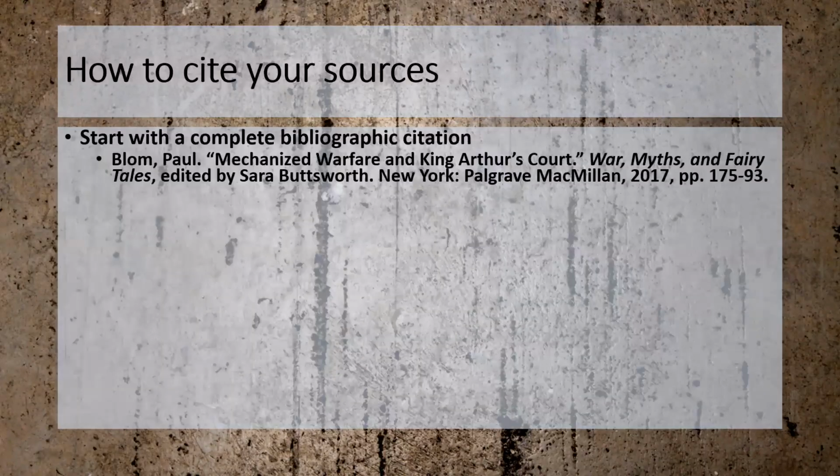Again, we've talked about this a bit in class, but in terms of citing your sources, always start with a complete bibliographic citation. No matter what citation format, field, discipline, or genre you're working in, pretty much anytime you find a source you think you're going to need, you know that you're going to need the author's name, the name of the work, the name of the larger work in which it is existing or published, any kind of publication information. So if there is a publisher, if there is a press, the publication date, the inclusive page numbers. So when does this source start and end? If there's a URL or a DOI.